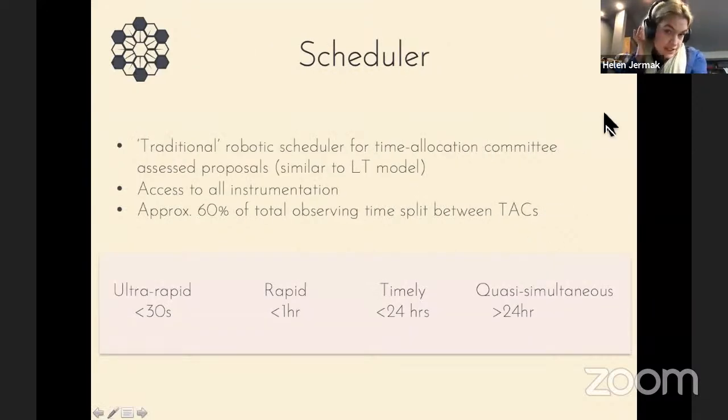So the scheduler will be split into two components. Typically we'll have the traditional robotic scheduler. For those of you who use the LT, you apply for time based on your science case, and you're allotted a certain priority and amount of time. And you use this to upload your own targets, the things you want to do,